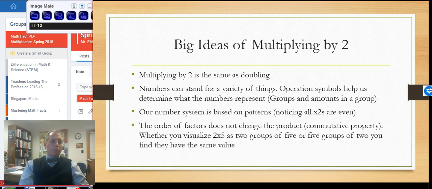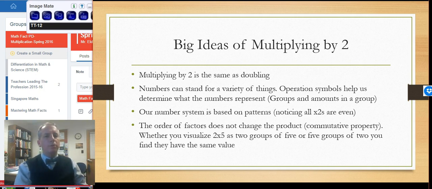One of those examples, of course, being that anytime I multiply by 2, it's even. So we'll look at some examples of that as we get into the activities here in this PD. And then finally, the order of the factors doesn't influence the answer. It does influence what it represents,